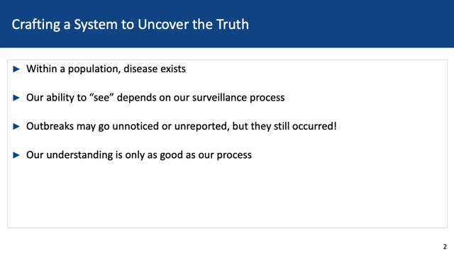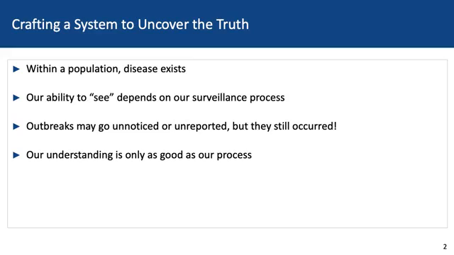Within any given population, disease exists. The disease that you're interested in exists out in the world. Our ability to see or detect that disease depends on our surveillance process, things like the case definition we use, the methods we use to identify those cases. Outbreaks can go unnoticed or unreported, even if they still occur,